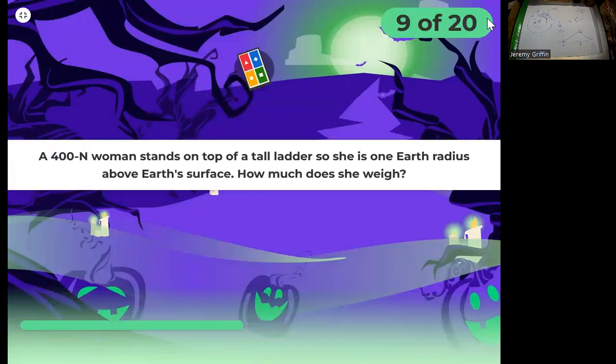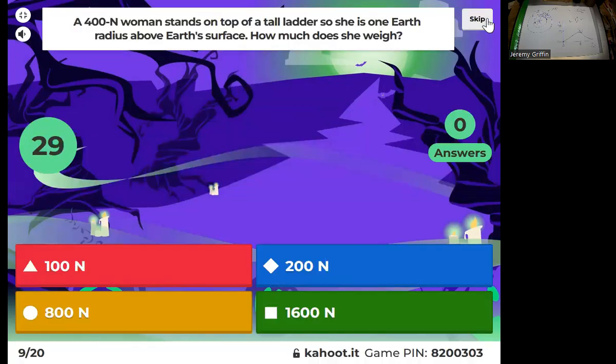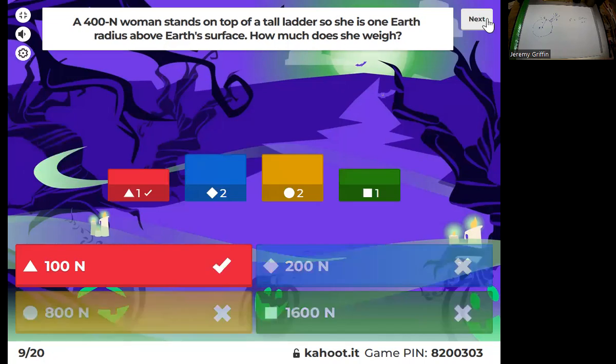Here's the ladder question. So you weigh 400 newtons. Now you go to the top of a tall ladder. So you effectively double your distance from the center of the Earth. Now how much do you weigh? Okay. So, because if you double your distance, don't you have a quarter of the original force? And isn't a quarter of 400 just 100? Right? So this is the inverse square law relationship.